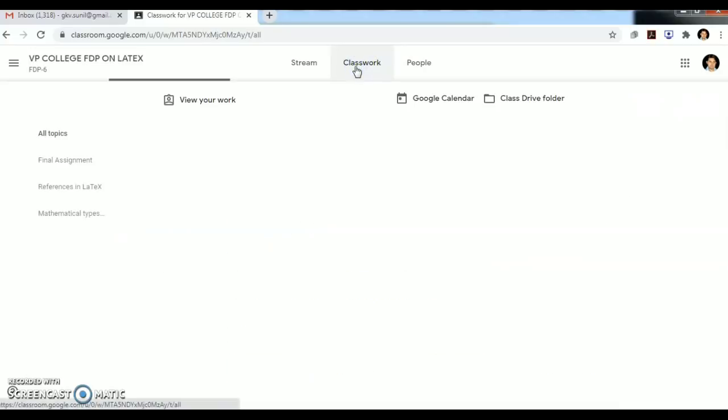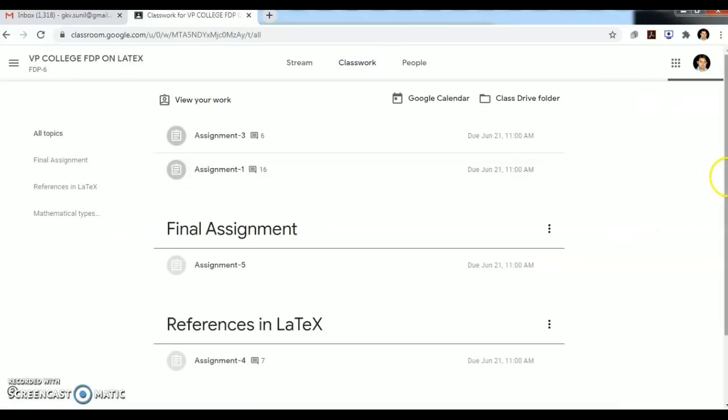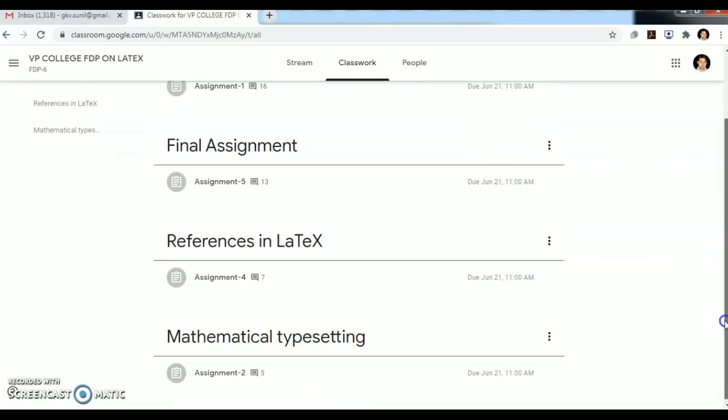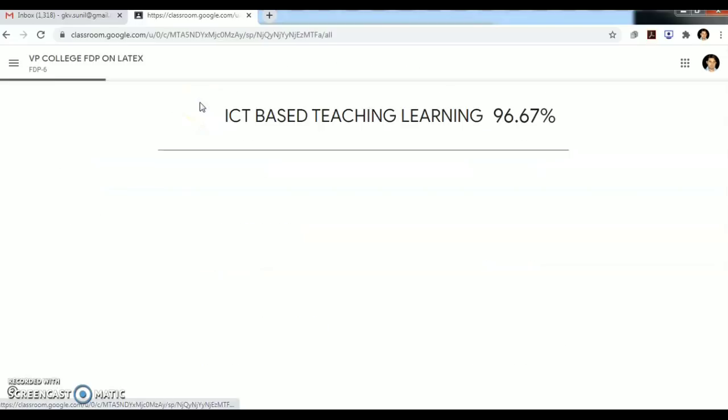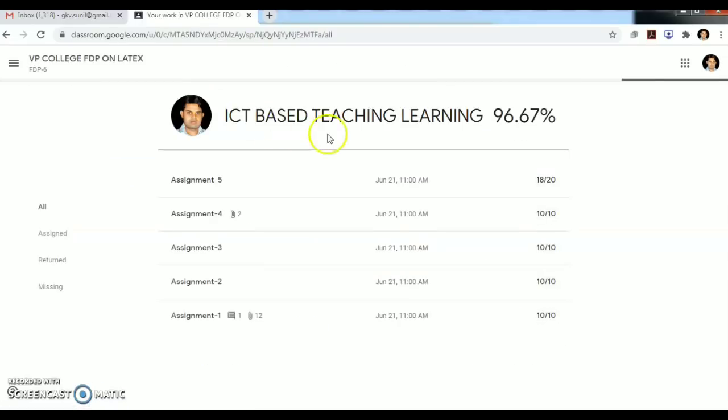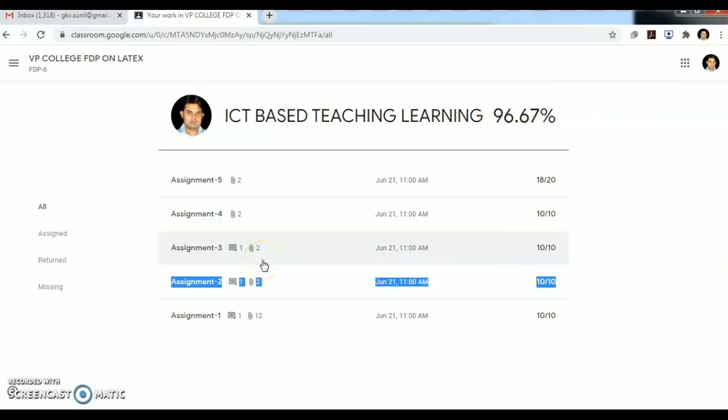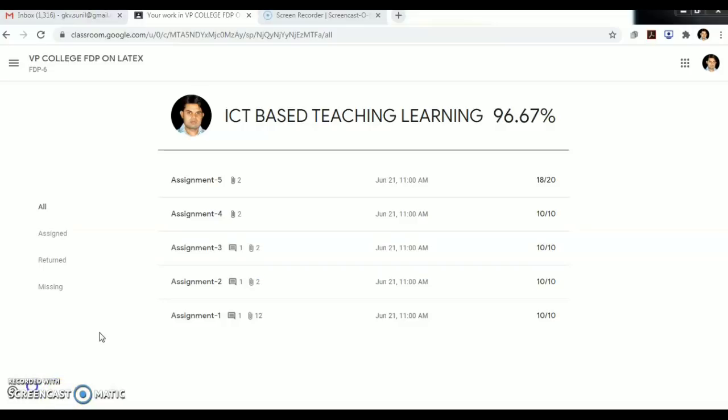Here I click on classwork. These are the classwork. They have given 5 assignments, and we have to complete all of these, and I have submitted all these assignments. We can see that by clicking on view your work. As you can see, ICT based teaching learning, this is my username, and I got this percentage of marks in that particular grading. So we can grade our students by using the grading option.